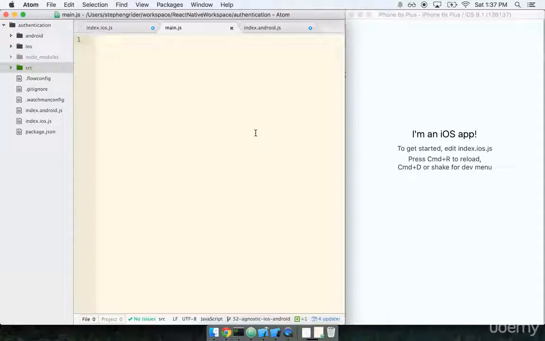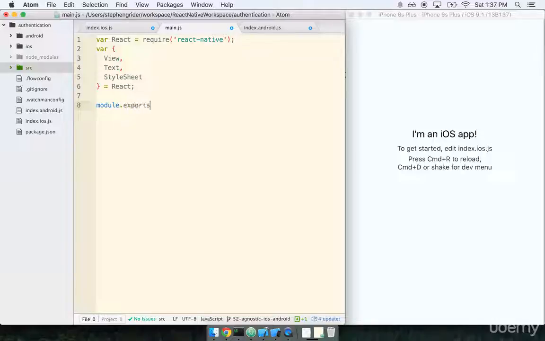We're going to start it off nice and simple with just a bunch of boilerplate. So at the top, we'll import React, and we will pull a couple of properties off of that. We'll get our View, we'll get Text, we'll get our StyleSheet,